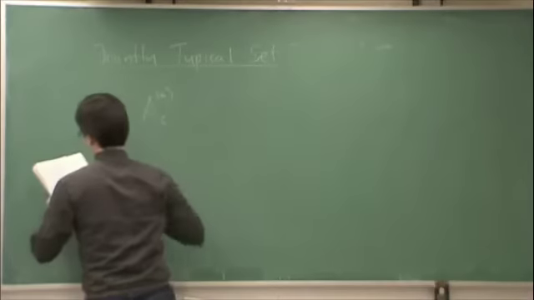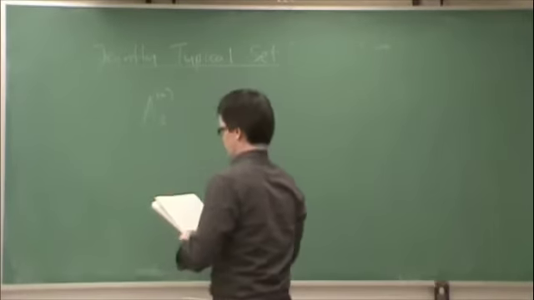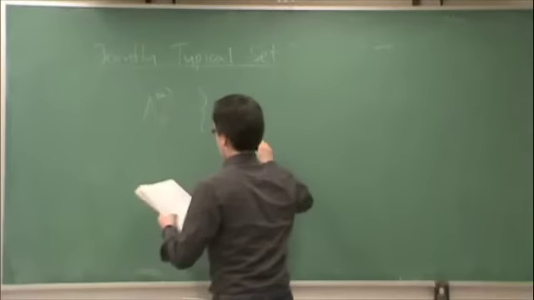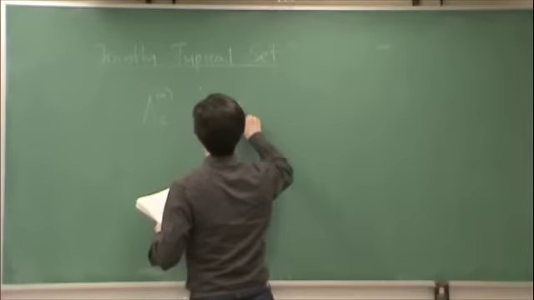A epsilon to the n is called the jointly typical set, and it consists of the set of all pairs of sequences,